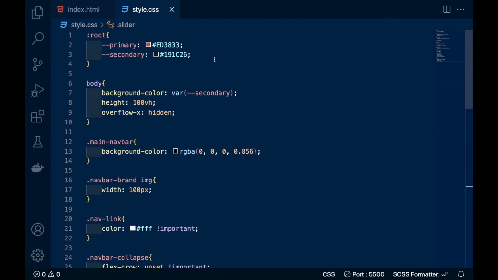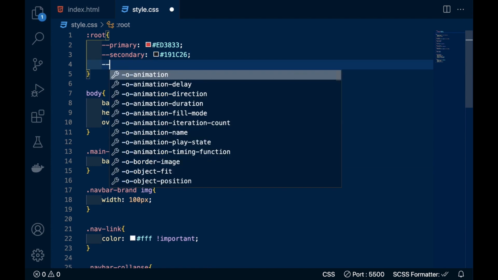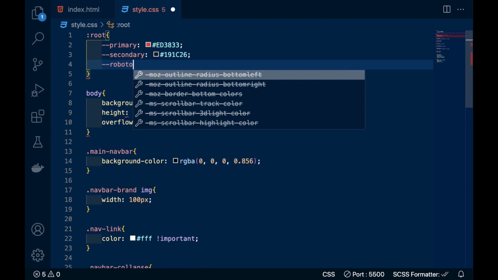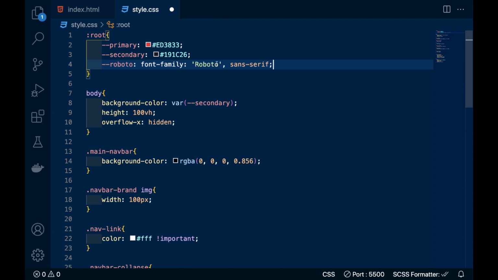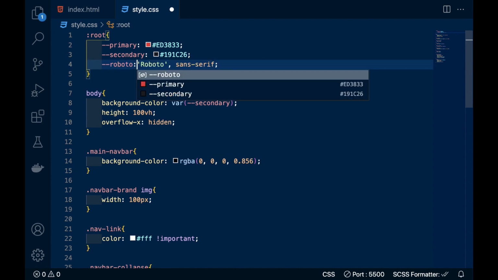So we are going to use this font many times, so I will make a variable here, Roboto name, paste that and remove this font family.